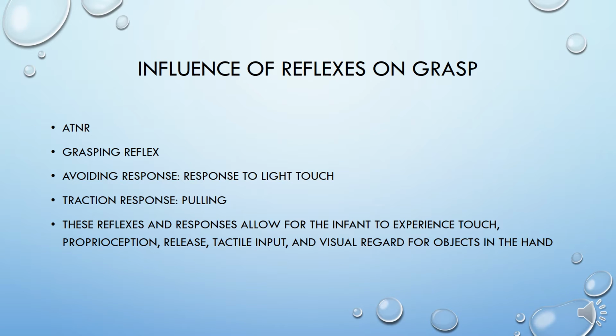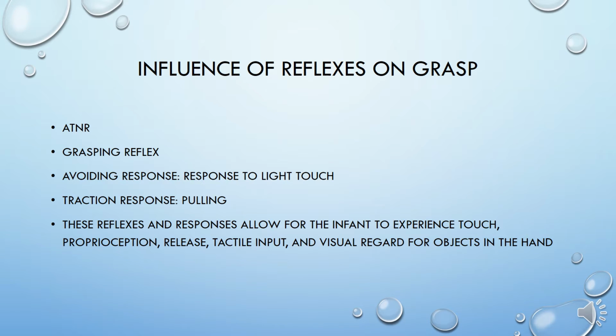And then they start to understand what that feels like to have something in their hand and what that grasp experience is. So the earliest grasping that an infant does is quite young, when they have the grasping reflex and they grab whatever touches the palm of their hand. They learn release in the avoiding response. The avoiding response is when there is a bright light and they move away. There is also a grasp avoidance response where a child will let go reflexively,